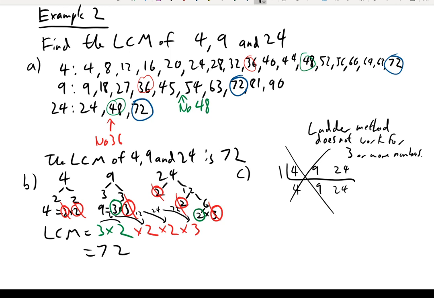Okay? Ladder method does not work for 3 or more numbers, because you cannot divide 9 by 2, you cannot divide 4 by 3. And so, unless you split it into 2 ladders, and then it becomes more complicated then. So this is lowest common multiple, and then your homework,